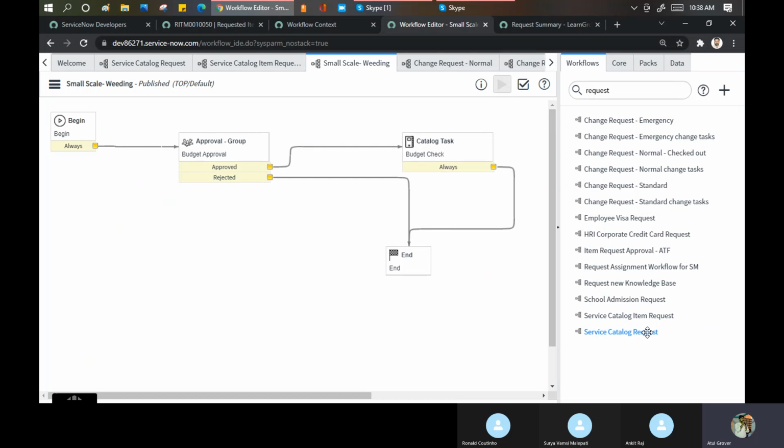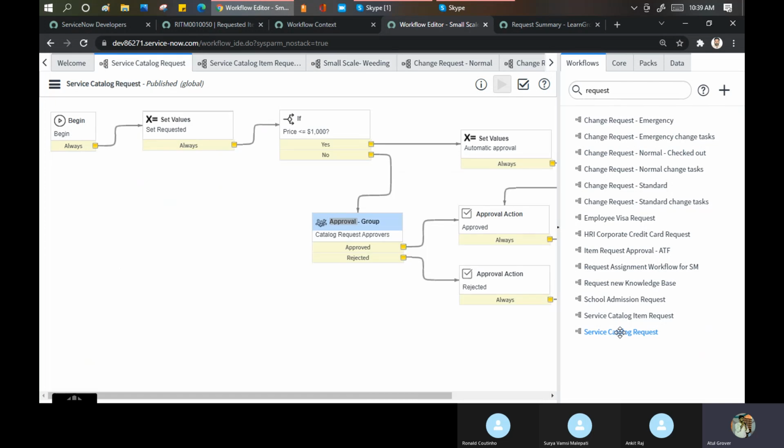Now you have to identify, and you will not believe that I spent 1 week to troubleshoot these issues in my first or second batch. I was totally mad from where this 1,000 rupees wala had to cancel. Then I checked on the community, I checked on the WhatsApp group. Then people said there is a workflow you should check. People said it is coming from the workflow. I said yes, it is coming from the workflow, but which workflow is it coming from? Then I read each and every workflow for the request management part, and then you come to know from where these things are coming.